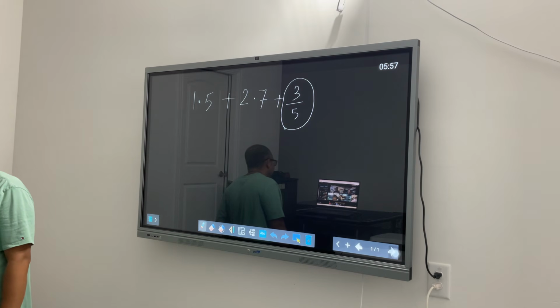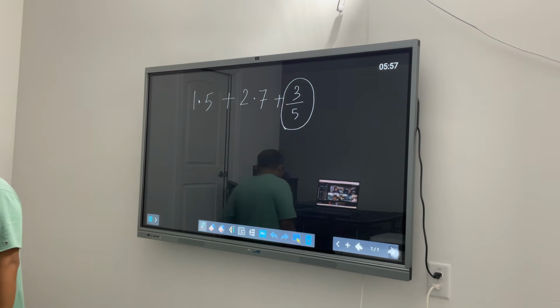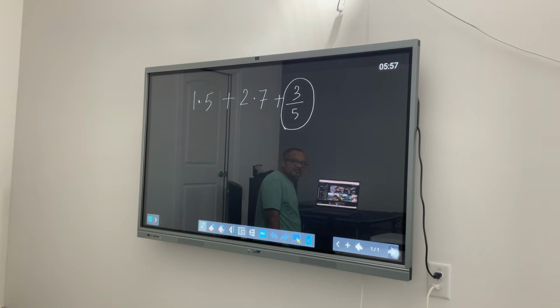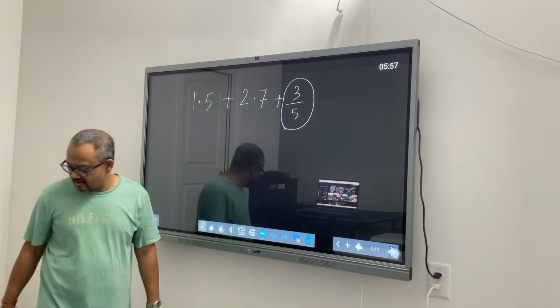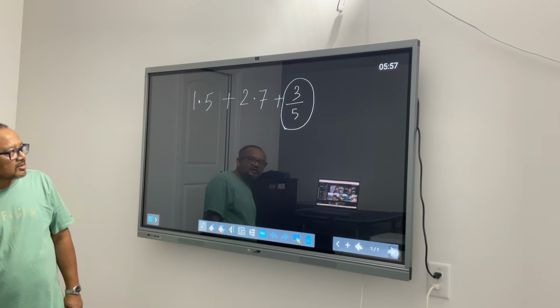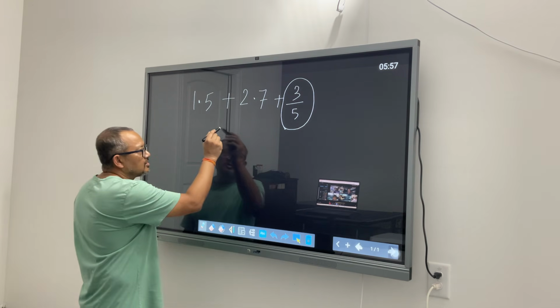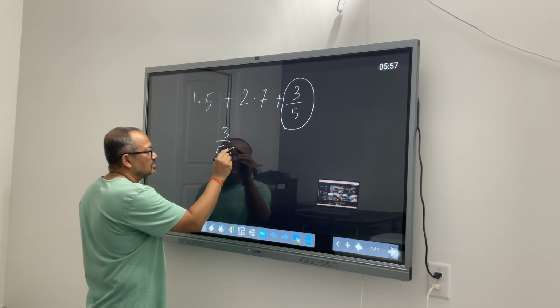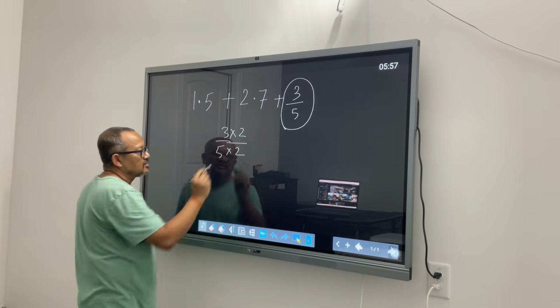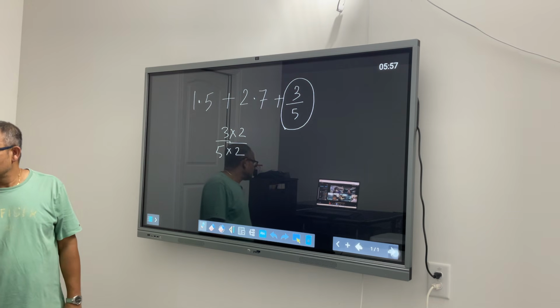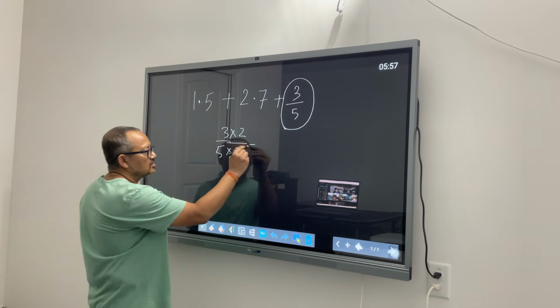In this case, the denominator is 5 and it's base 10. So you have to go to the ones. So you just have to multiply each number by 2. So if I multiply 5 times 2, it gives 1 whole. And since I multiplied 5 by 2, I have to multiply 3 by 2, so it's 6.